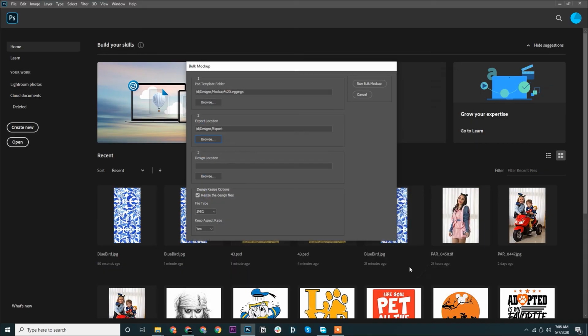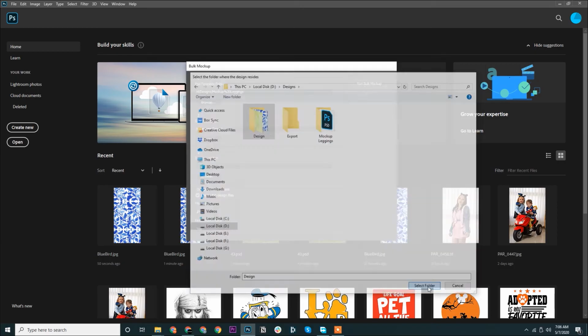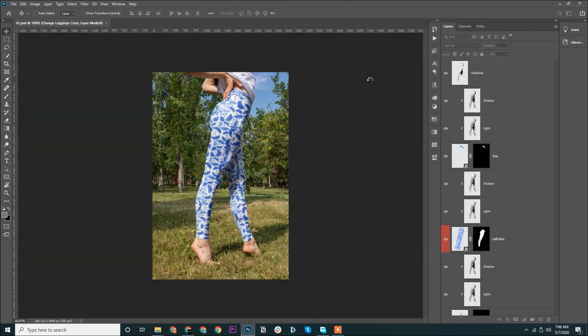This one is the export location, this one is the design location, and this time around we do not want to keep the aspect ratio. Let it elongate, let it stretch out. We'll run bulk mockup.